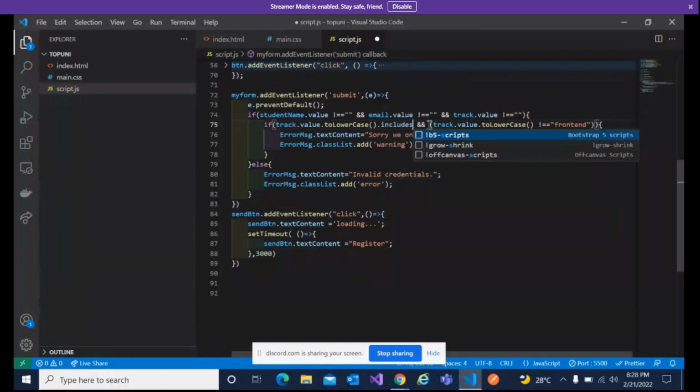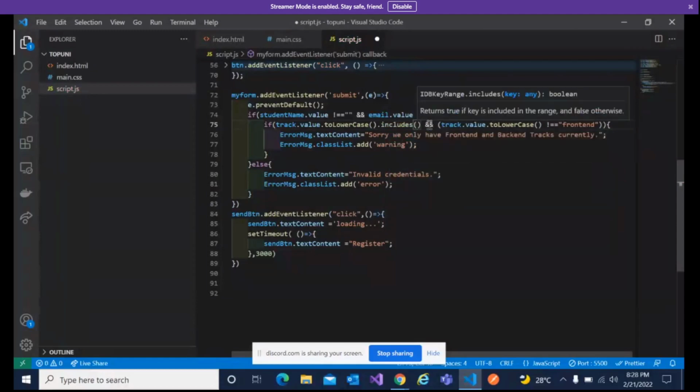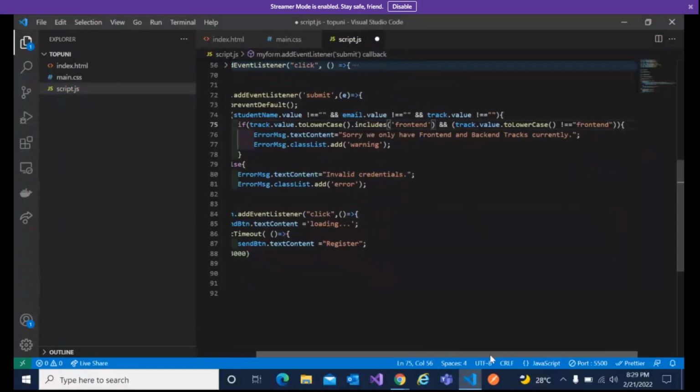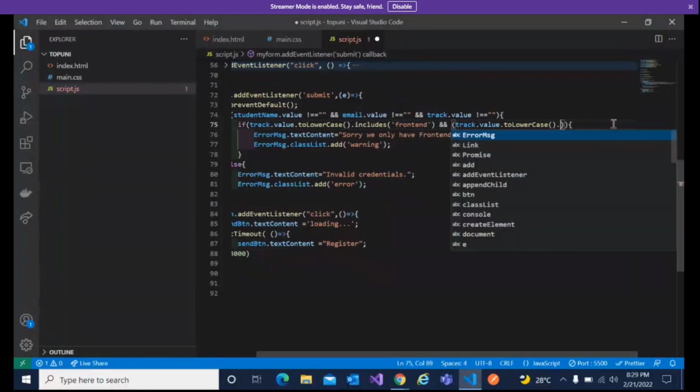Yeah, I think it should be includes. Sometimes I mix all these things up. They are coming from C#, and I'm mixing it with JavaScript. I think C# is contains, while JavaScript is includes. I think I'm right, but let me just see if I mixed things up. So dot includes